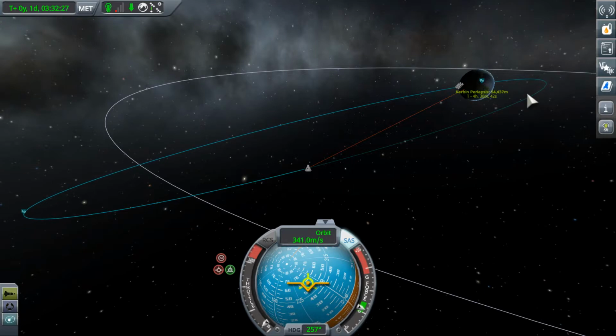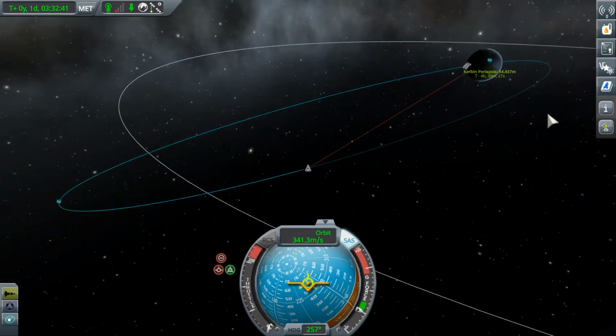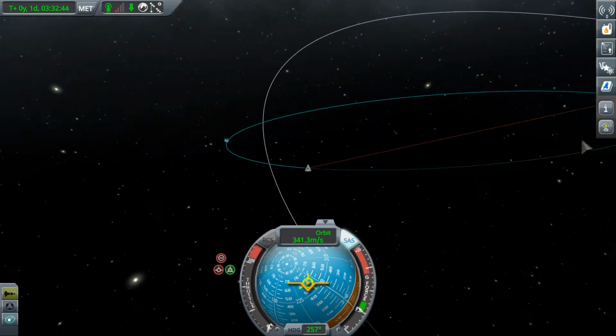Alright, slow down, stop. Okay, 64 kilometers. That's just barely in the atmosphere at all. But I'm interested to see how much impact that has on our apoapsis. And if we have to do one extra orbit, it's no big deal. So let's just warp to...